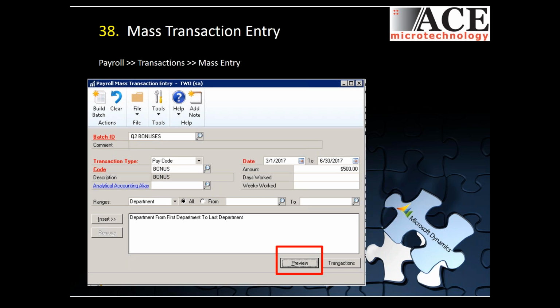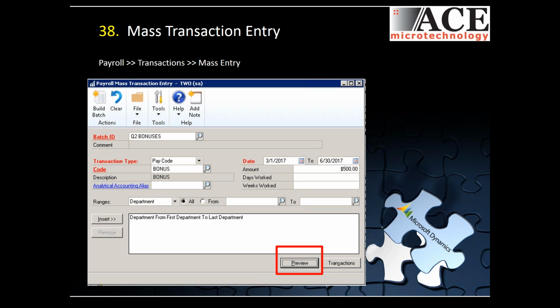This window allows you the ability to capture the employees and the amount associated to this transaction. So in this example, we're paying a $500 bonus to everybody in the company, but this is only going to do that to those people that have the bonus pay code set up on their